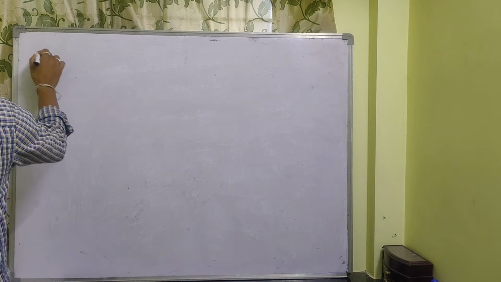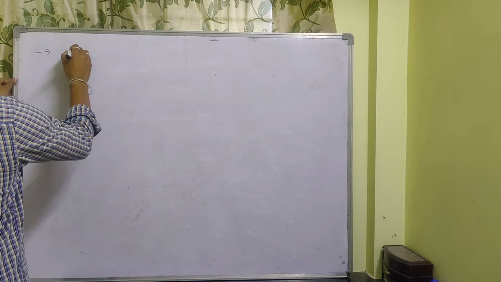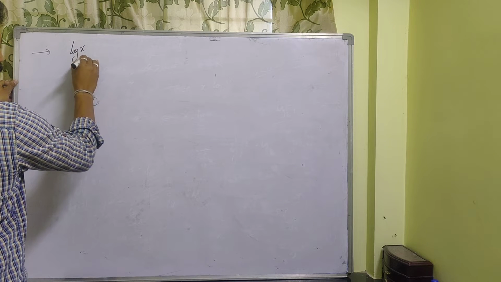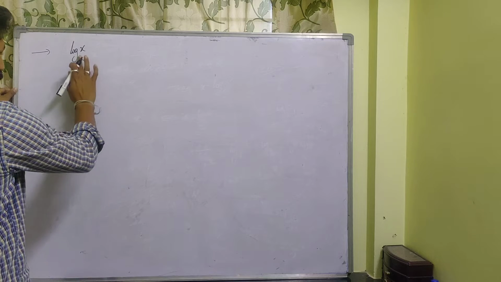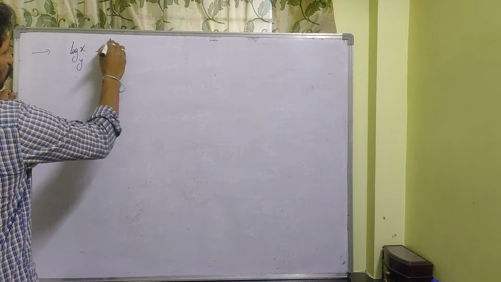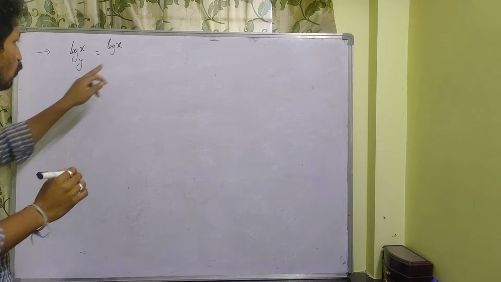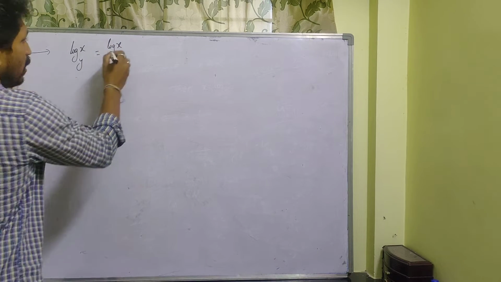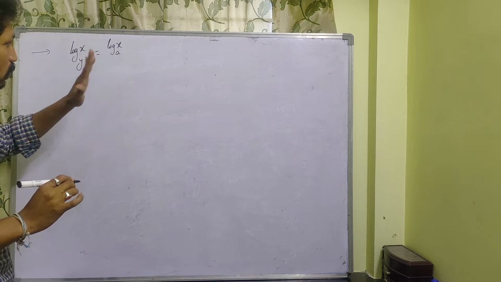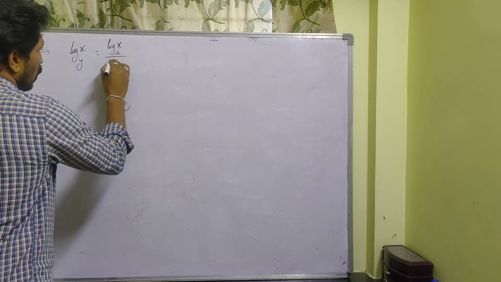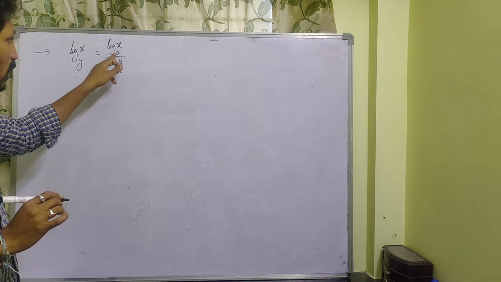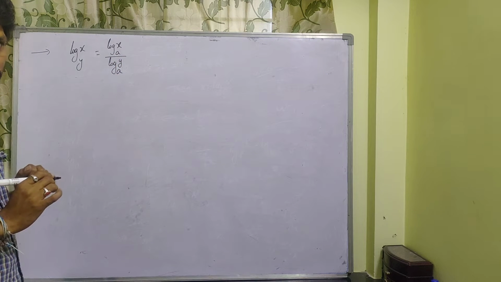One more property. Whenever we have log x to the base a, otherwise in the place of a you write y also, no problem. This one is nothing but you can write log x. If you want to take any other base, some a, log x to the base a, this a should be greater than 0 and not equal to 1. That should be in your mind. By log y to the base same a you should write. So what we have taken here, a, same only we should have here.